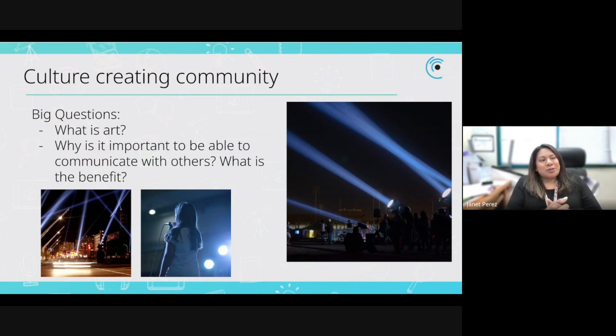But the mom was able to explain to them that on the other side of this border, there are kids just like you. They like the same things that you do. They go to school, they like chips, they like cookies, right? And that was something that my students were able to also tap into as we were having these conversations